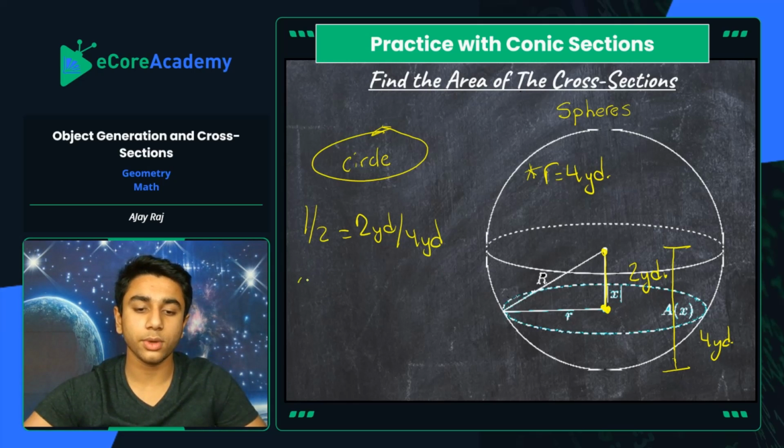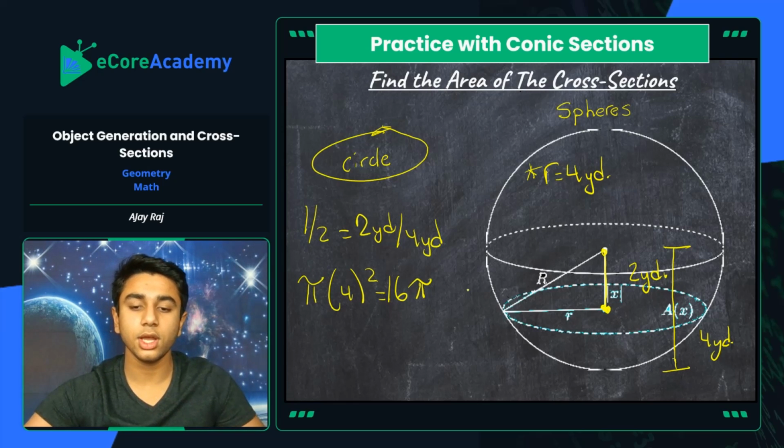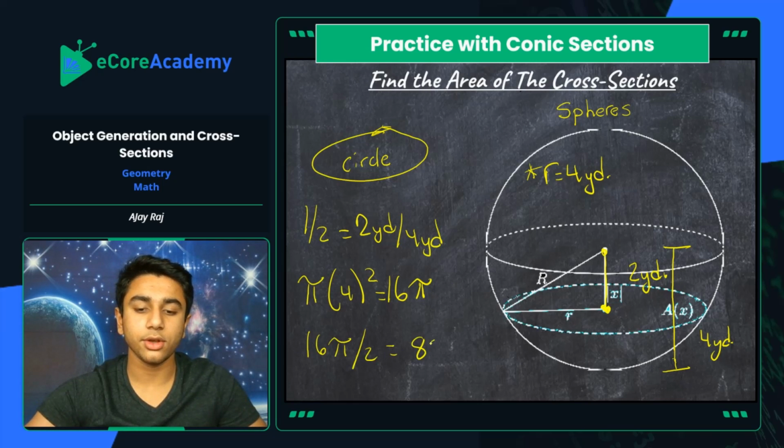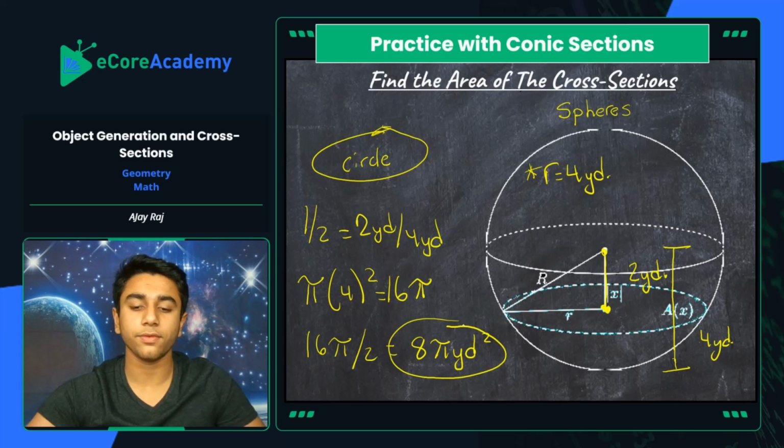So we're going to do pi r squared. So pi times 4 squared equals 16 pi. Leave it in terms of pi to make an exact answer. We're always here for exact answers. And then, of course, with 16 pi, all we're going to do is divide 16 pi by 2 to get an answer of 8 pi yards squared. And that is all for